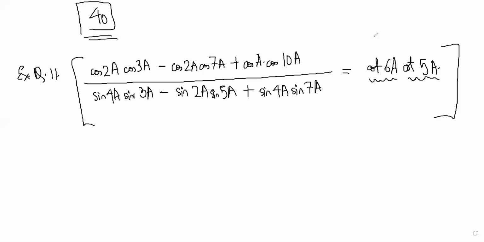So one second. Basically, what I want you to do is obviously you can multiply up and down by 2, right? Yes, sir. Does that change anything? You multiply up and down by 2. Yes, sir. It becomes 2 cos A, cos B, and 2 sin A, sin B. I mean, it doesn't change the LHS, right? Yes, sir. So this is a legitimate operation, but now it is much simpler, right? When you have 2 cos A, cos B and 2 sin A, sin B, you can simplify using the formula that you know. Yes, sir. So do that. Simplify 2 cos A, cos B, and 2 sin A, sin B.